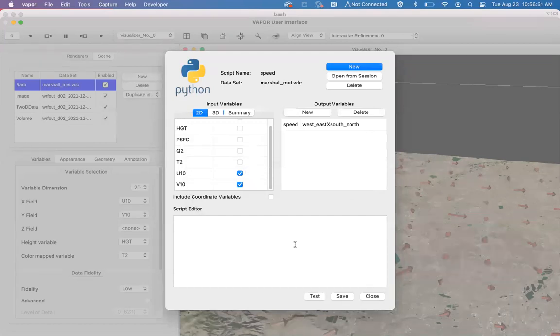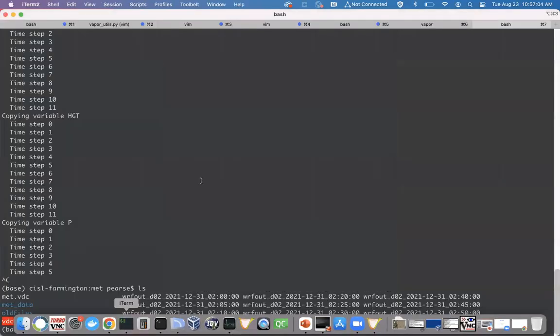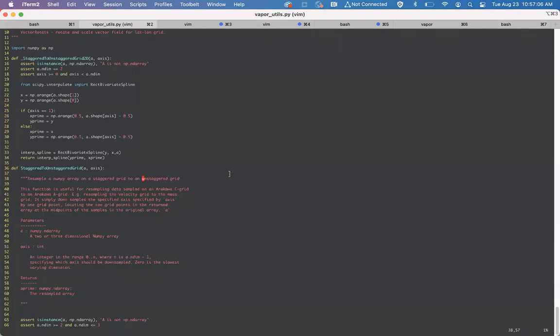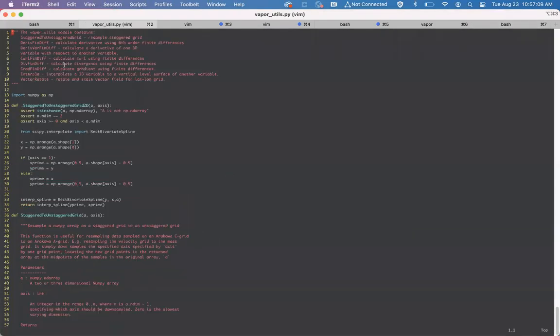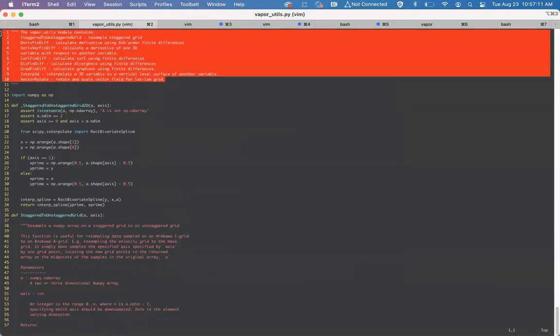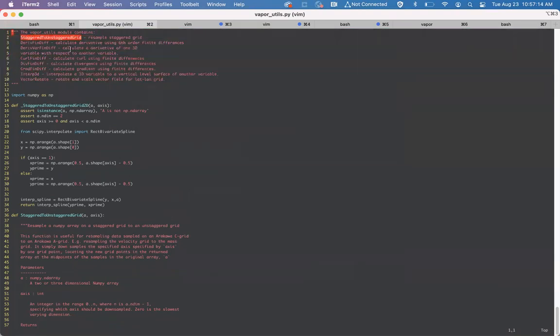Vapor comes with a module called Vapor Utils, which is handy for doing this kind of thing, especially with WRF files. And so I'm going to do from Vapor Utils import everything, and just to show you guys what that file looks like. When you install Vapor, vaporutils.py is going to have all these Python functions that you can use to do things like take a variable and put it onto an unstaggered grid with this staggered to unstaggered grid function. You can do things like find curl and the magnitude of two different variables, and that's what I'm going